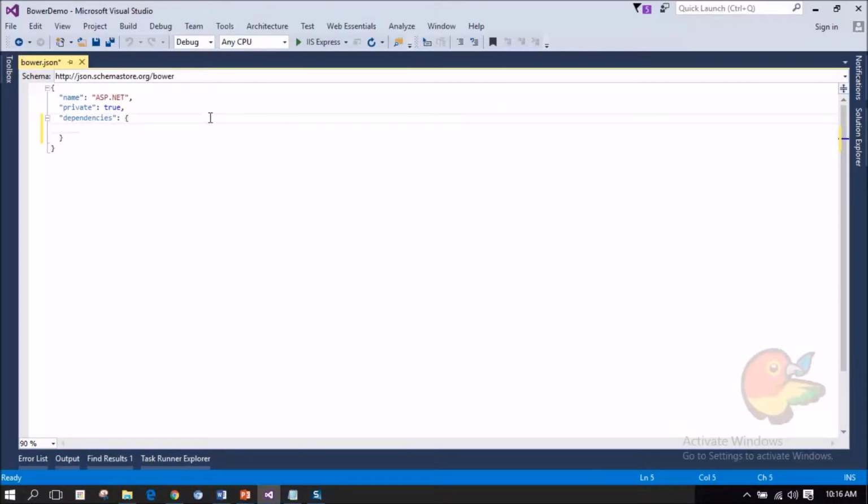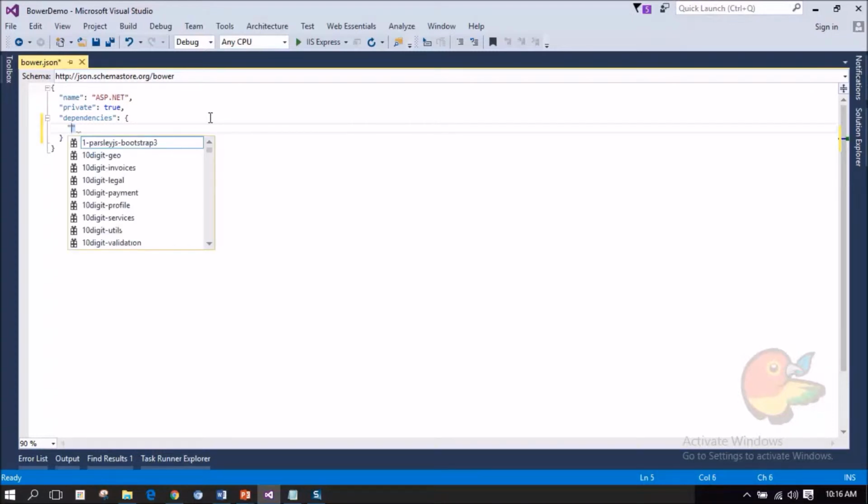I'm going to add a few dependencies such as jQuery and Bootstrap. When I type the dependency, Visual Studio interacts with the Bower server and tries to load all the dependencies available on the server that match this particular search criteria, that is jQuery.